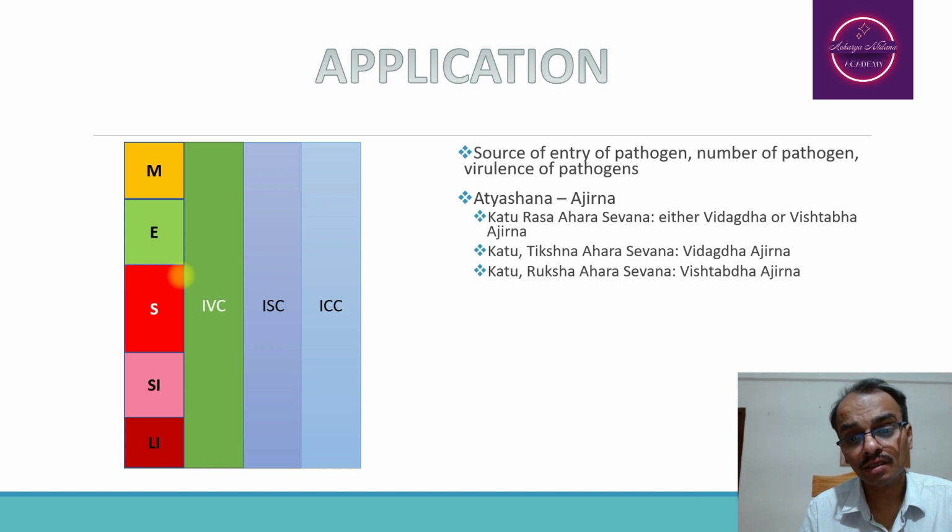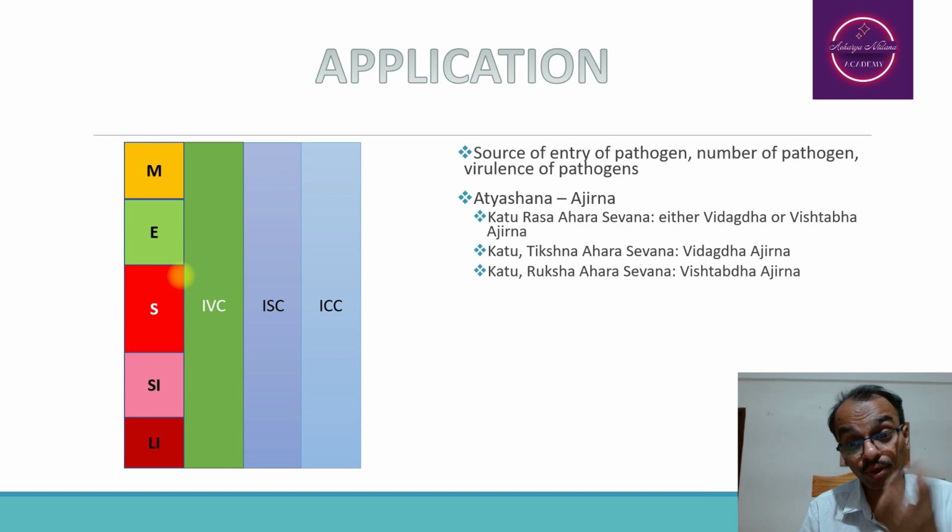Now how can you say the Katu Rasa is responsible for the manifestation of Vishtabdha Ajirna? The answer lies in the same shloka. तत्राद्य मारुतं घ्रन्थि त्रयस्तिक्ताद्यैकः कषायतिक्तमधुराः पित्तम् अन्येतु कुर्वते. That means Katu Rasa, Tikta Rasa and Kashaya Rasa substances are responsible for the increase of Vata dosha. In that sense, Katu Rasa ati sevana may be responsible for Vishtabdha Ajirna.